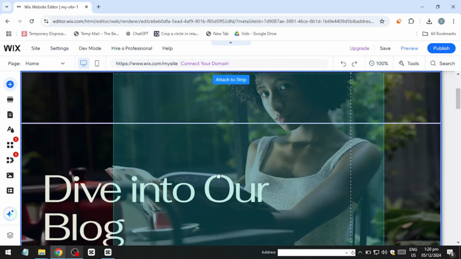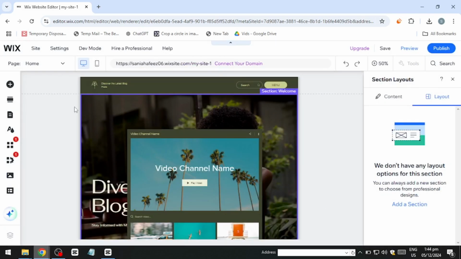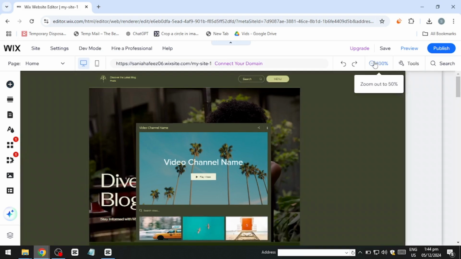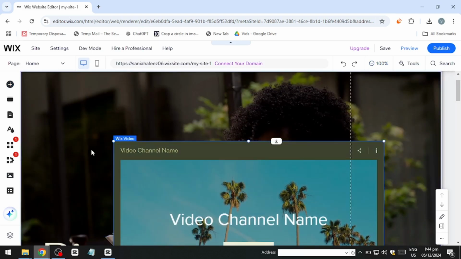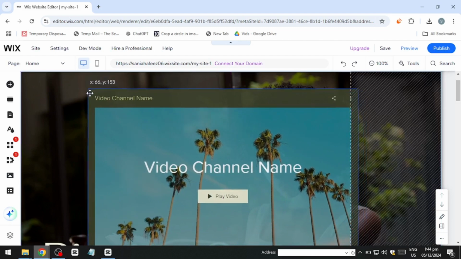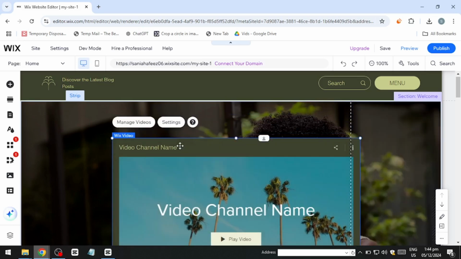Once your video is added to the page, it's time to customize its size, position, and style. Simply click on the video element and use the drag handles to resize it or move it to your desired location on the page. If you'd like to add a border or change the layout, use the design options available